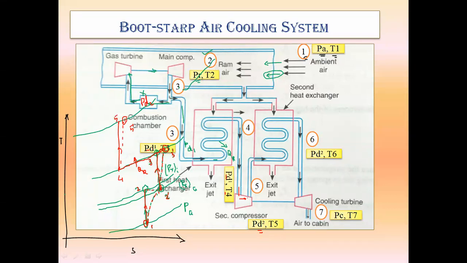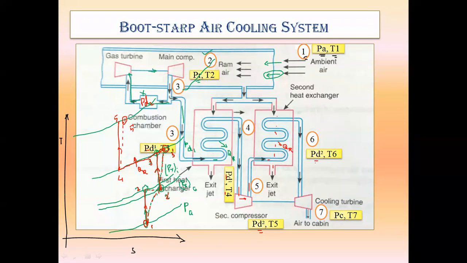Now whatever outlet of secondary compressor will be there, that will be supplied to the second heat exchanger. So here again inside that second heat exchanger, constant pressure heat rejection process will take place. Here again the cooling medium will be the ram air itself. So constant pressure heat rejection process will take place inside the second heat exchanger,